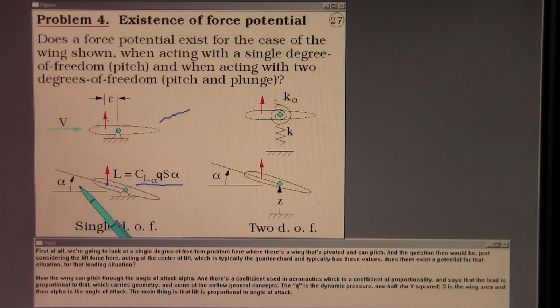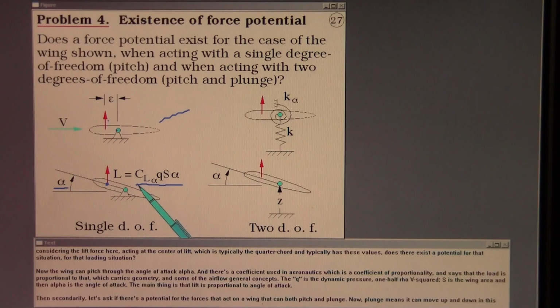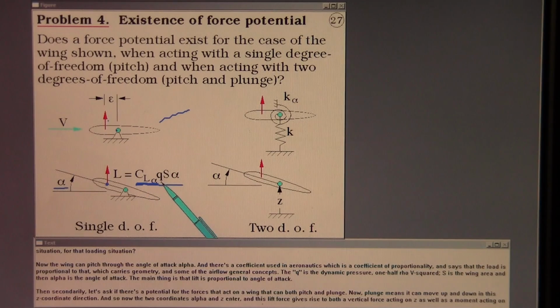Now the wing can pitch through an angle of attack alpha, and there's a coefficient used in aeronautics, which is a coefficient of proportionality, and says that the load is proportional to that, which carries geometry and some of the airflow general concepts. The Q is the dynamic pressure, 1/2 rho v squared. S is the wing area, and then alpha is angle of attack. The main thing is that lift is proportional to angle of attack. Then second